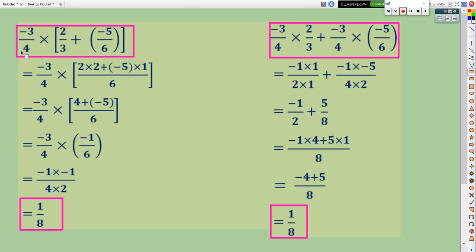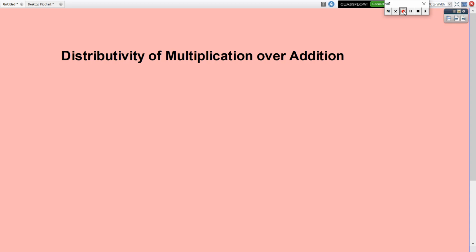That means negative 3 by 4 into 2 by 3 plus negative 5 by 6 you can do as negative 3 by 4 into 2 by 3 plus negative 3 by 4 into negative 5 by 6. This property we can say is distributivity of multiplication over addition, and this we can generalize as